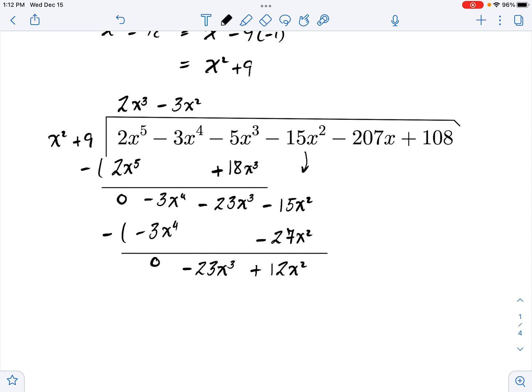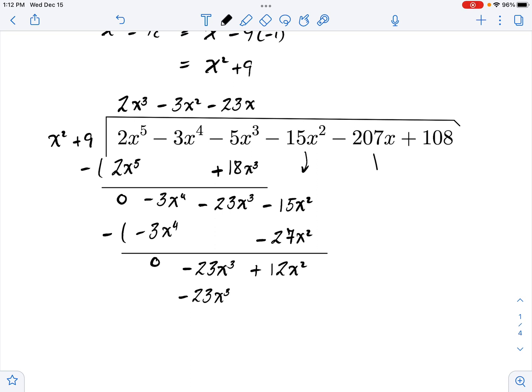X squared goes into minus 23x cubed minus 23x times. So that's minus 23x. Minus 23x times x squared is indeed minus 23x cubed. And minus 23x times 9 is,